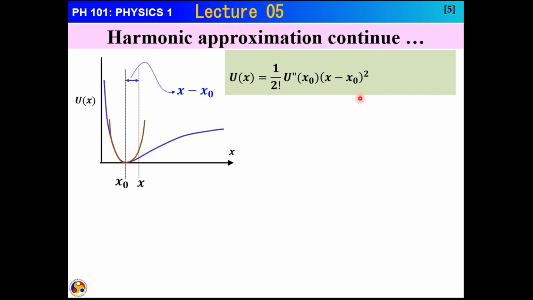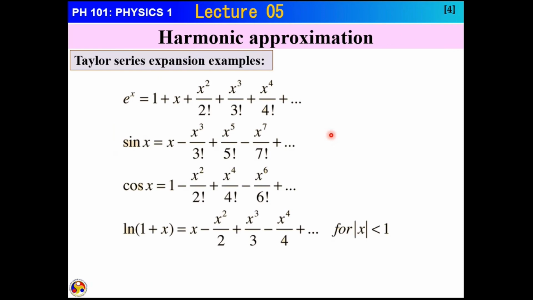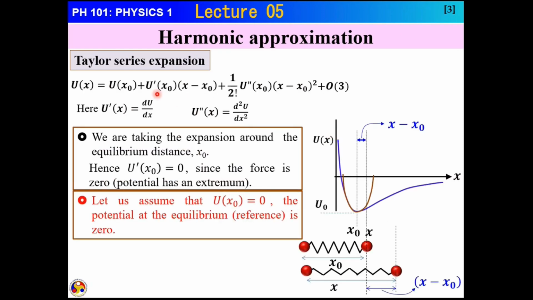is, since I have made U(x naught) to be 0, and at equilibrium the first term was already 0 because that is the definition of the equilibrium. This first term I made 0 by shifting the reference point for potential. U prime (x naught) is going to be 0 because this is equilibrium. So we are going to start with this term.